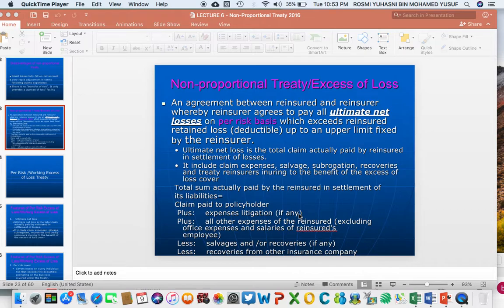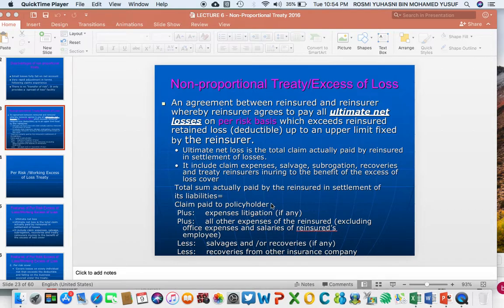Appointing lawyers, such a thing will incur cost, and this will add to the amount of claim paid to the policyholder. Let's say litigation cost is 10,000 ringgit plus other expenses of the reinsured, excluding expenses and salaries of reinsured employees. Or let's say other expenses such as loss adjuster fee, let's say the loss adjuster fee is 5,000, so litigation is 10,000, adjuster fee is 5,000, that is already 15,000, plus the original claim or the amount of the cost to replace